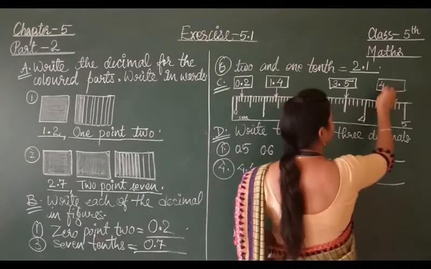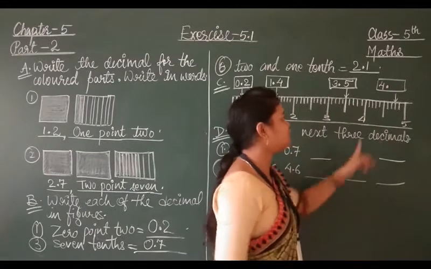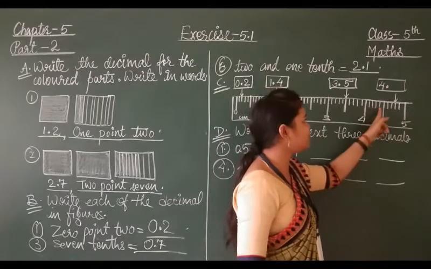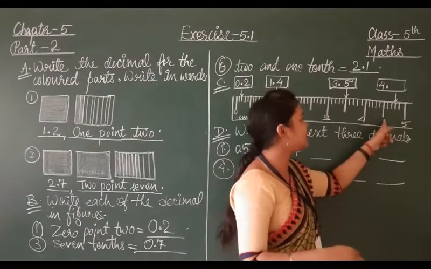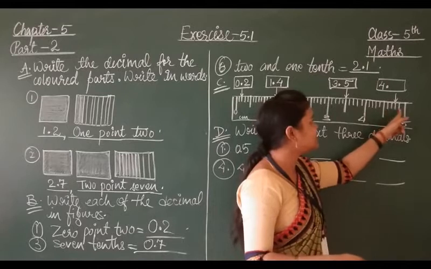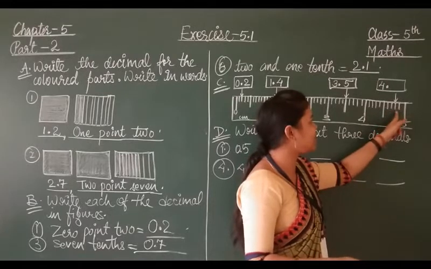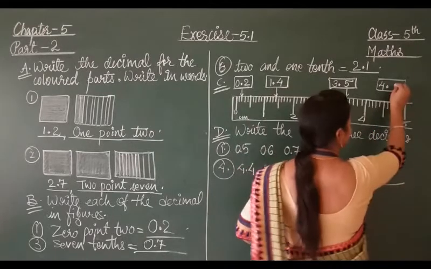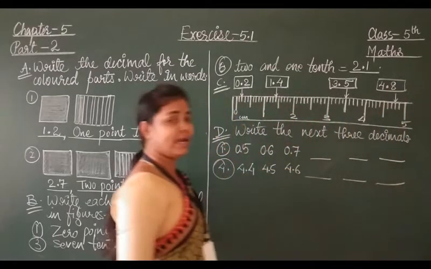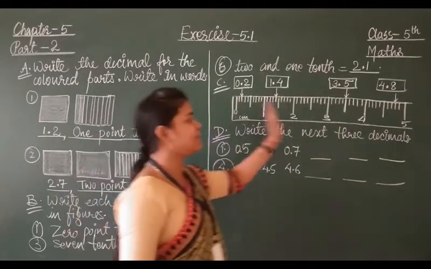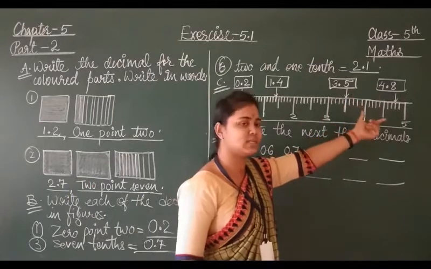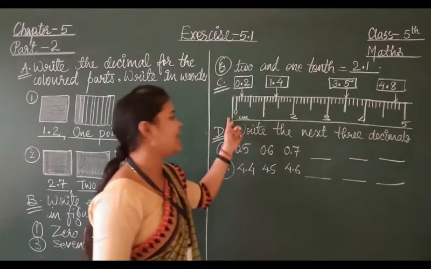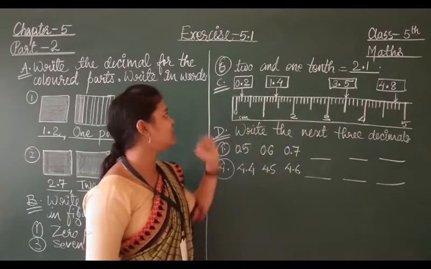Okay. Now after 4 this box is there. So we will put 4, we will put point. Now see here 1, 2, 3, 4, 5. 5 is the bigger line. 6, 7, 8, 9, 10. So 6, 7, 8. The 8th one is marked here. So 4.8. In the same way students, the complete scale is given. More boxes are given. You can fill according to this. I hope you have understood.